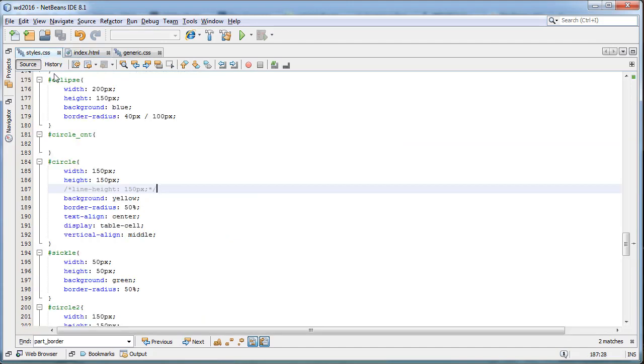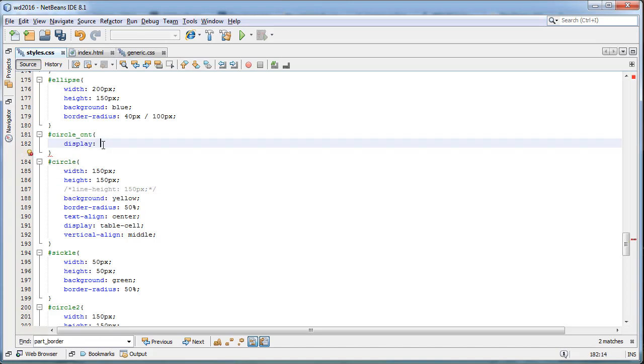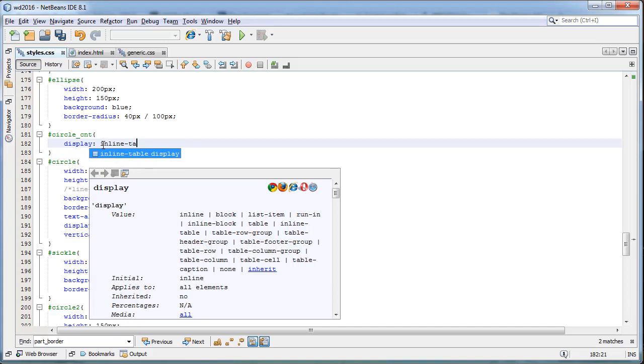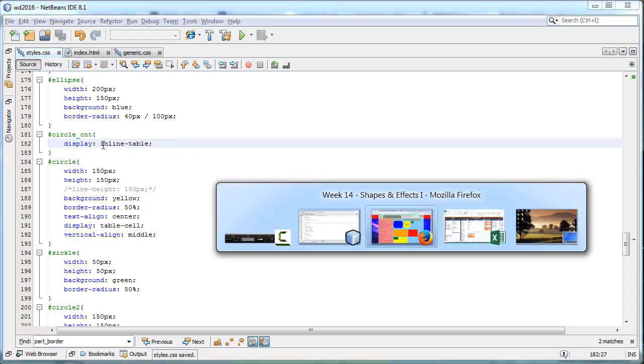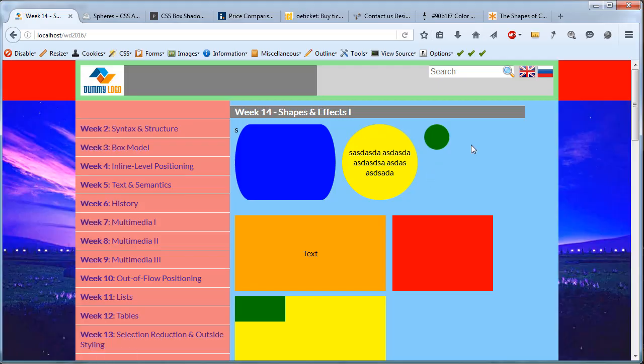And even myself, whenever I make use of it, I also immediately give the parent so that I have the immediate overview. I immediately give the parent either display table or display inline-table. Inline-table is just the inline version of a table. It's still behaving as a table, but on an inline level, meaning other elements can be